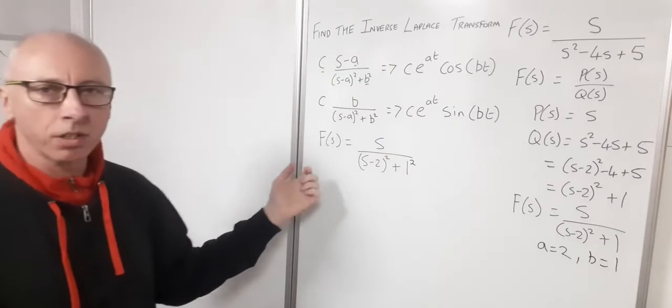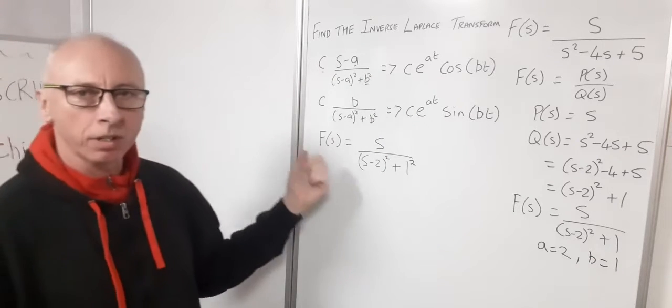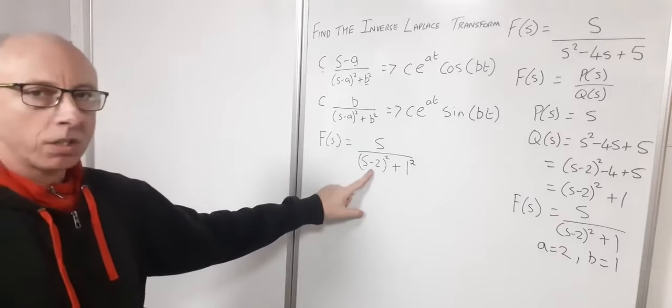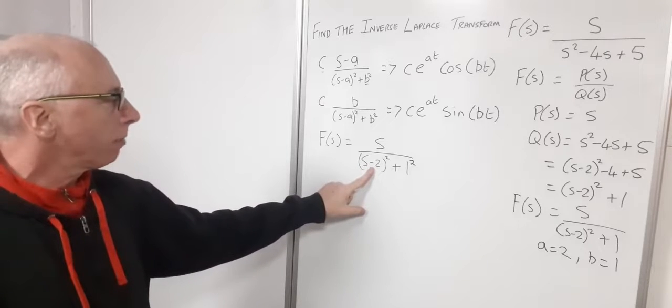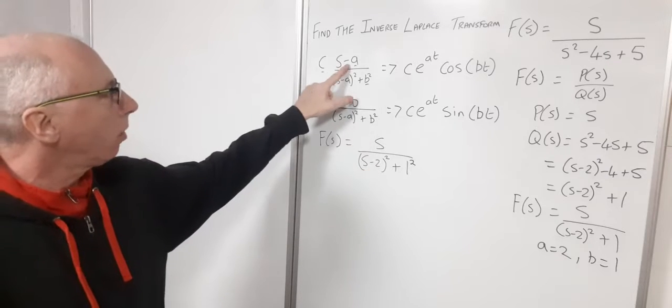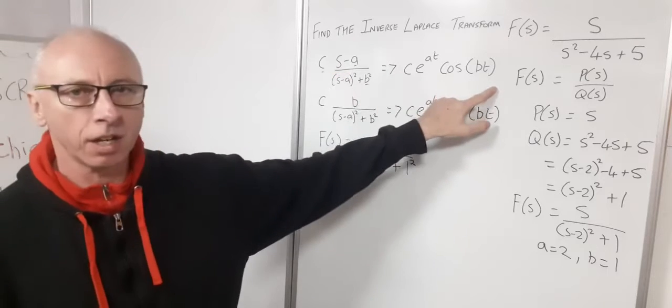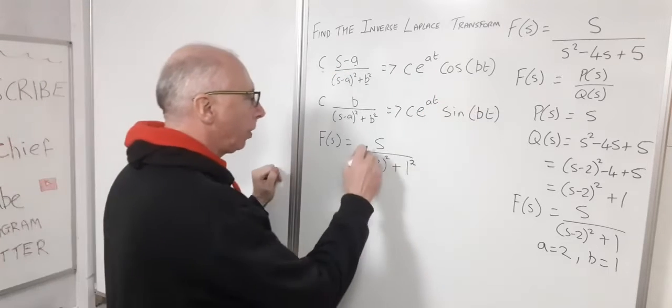And c, my constant, I don't know what that is yet because I've got to manipulate this and try and get it into these kind of formats. So what I could do is, I've got an s minus 2 squared here. I want an s minus 2 to copy this format to get this kind of general result. So if I put in there